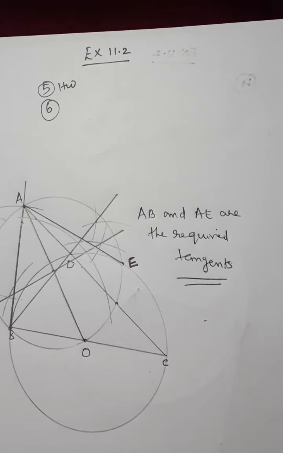Then one more question is there: draw a circle with the help of a bangle, that you have to do as homework. So that is the end of this exercise and this chapter also. In this chapter, in exercise 11.2 four questions we did, and in division of a line segment the first question we discussed. In exercise 11.1, one question is homework for you, the first question. Then 11.2 first and second are homework. Then fifth as well as seventh are also homework.